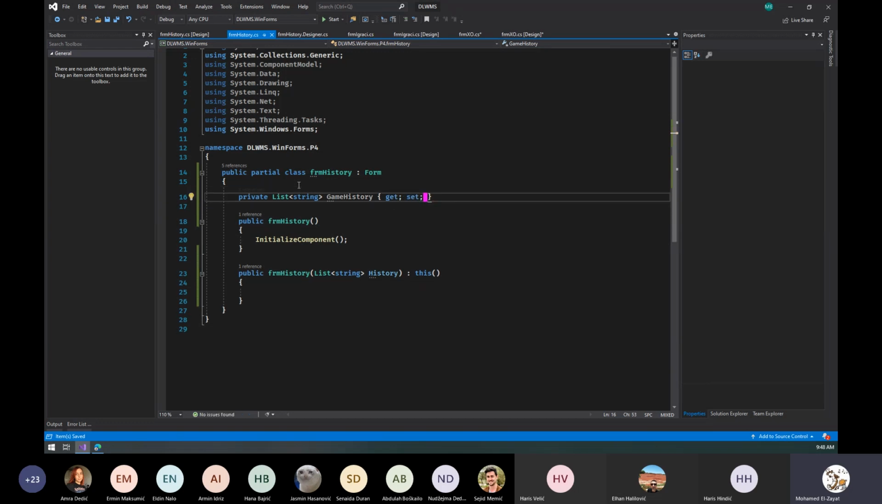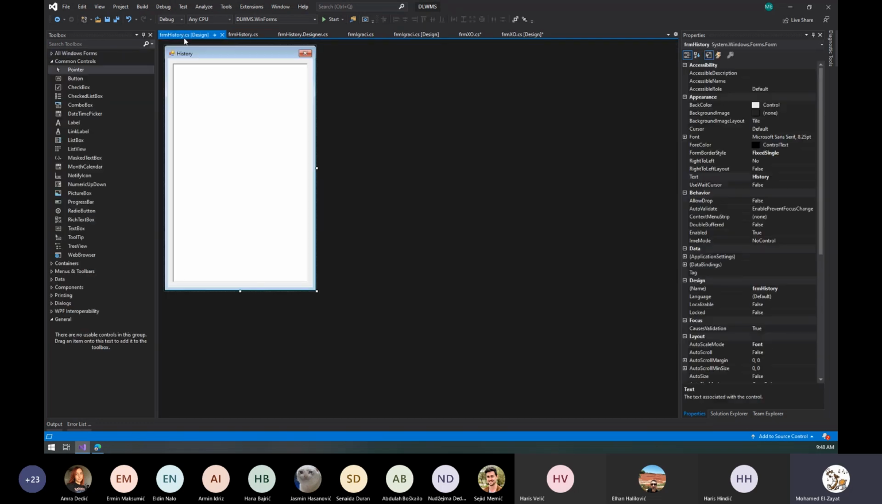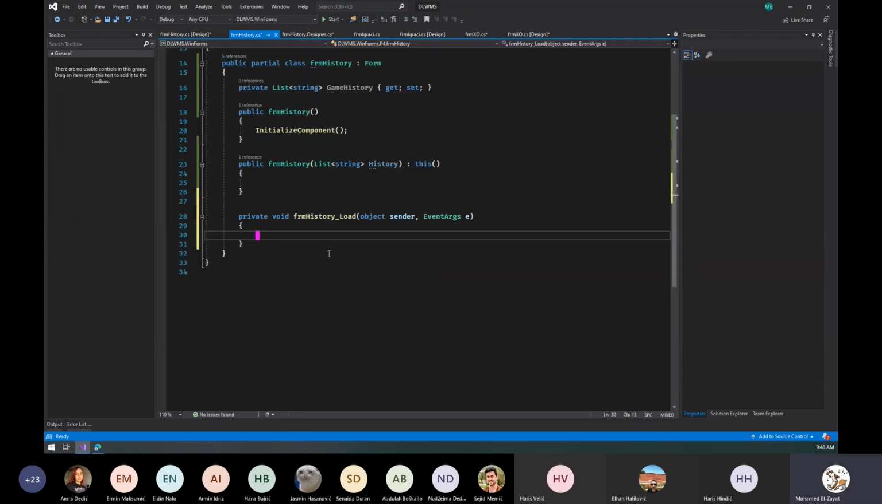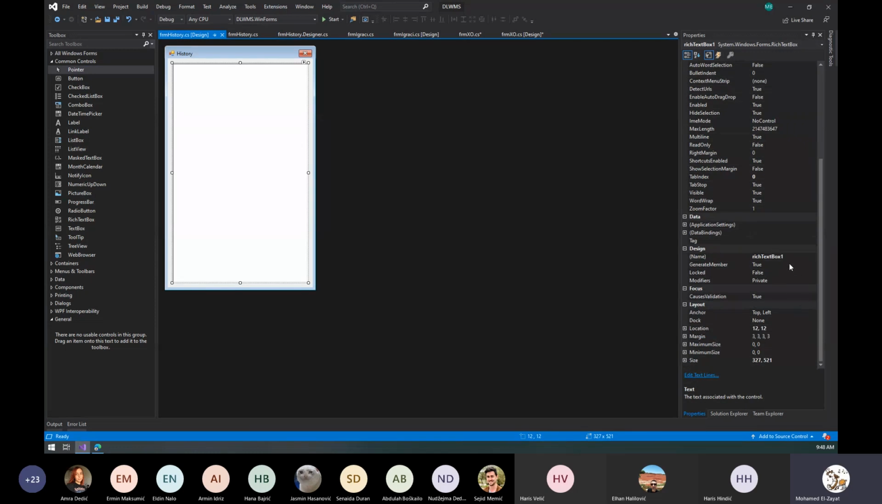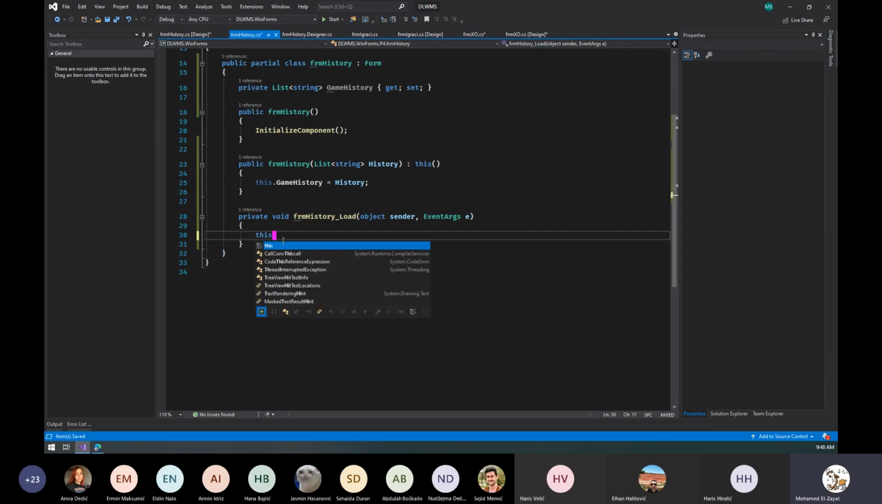Okay. Now, once the form is loaded, what I would like to do is, hang on, this dot game history equals history. So once the form is loaded, I would like to grab the rich text box and assign to it the actual thing. So I go here, I'll grab the rich text box. I'm going to call it RT history. And then I'm going to have here this dot RT history dot text equals to,